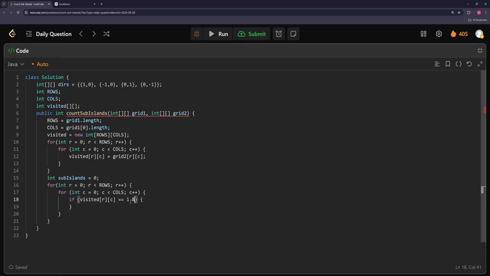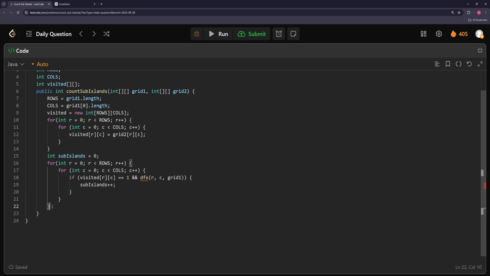So and DFS row column, and we have to pass it grid 1. Then we will increment the sub islands. Okay. Now we just have to return here, so return sub islands, and then we have to write our DFS